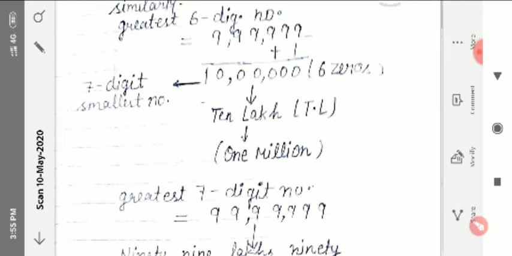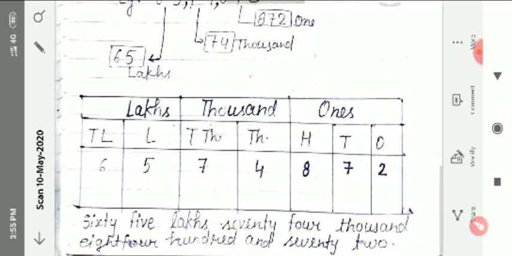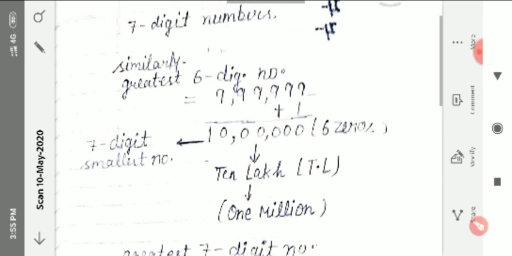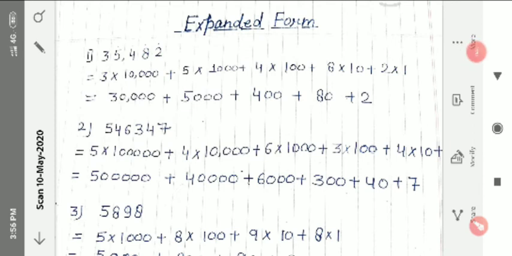Okay, and after that we will find how to write these numbers: 7-digit number, 8-digit number, 5-digit number, any more number. How to write in expanded form also, I will tell you. Let us see some examples here, as I have written, how to write any number into expanded form. As I have written the first example here,